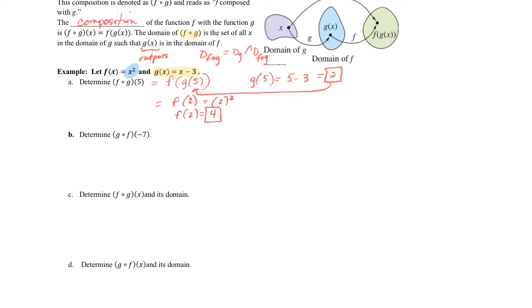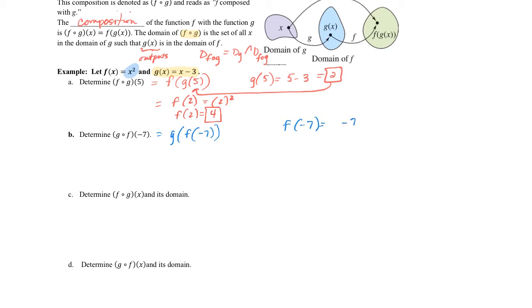So let's try the next one, for b. G composed with f of negative 7. So the first thing I need to do is evaluate this. Let's rewrite it this way. This will be the same as g of f of negative 7. So first I'm going to evaluate f of negative 7 off to the side, and that will equal